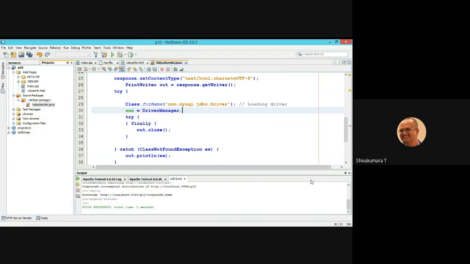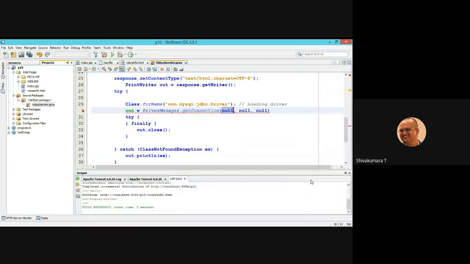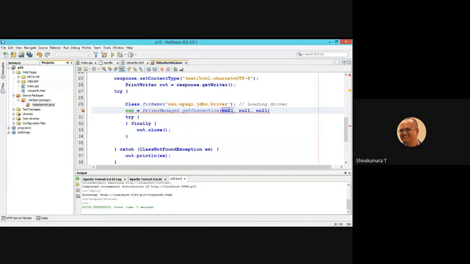It invokes the getConnection method, which is a three-parameterized method. First parameter is the path of the database, second parameter is the username, third parameter is the password. Here the database URL is jdbc:mysql://localhost; copy it and paste it as a string in double quotes.